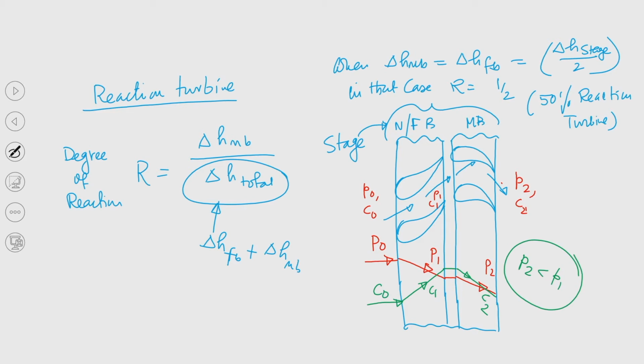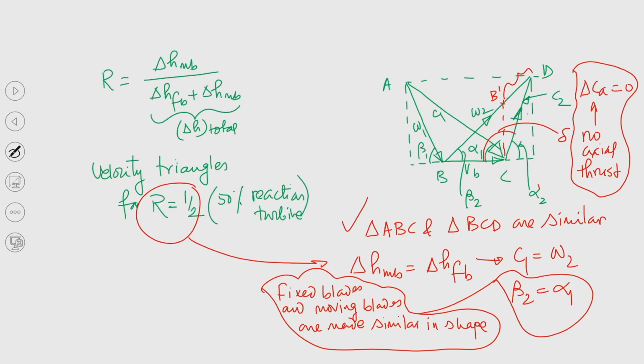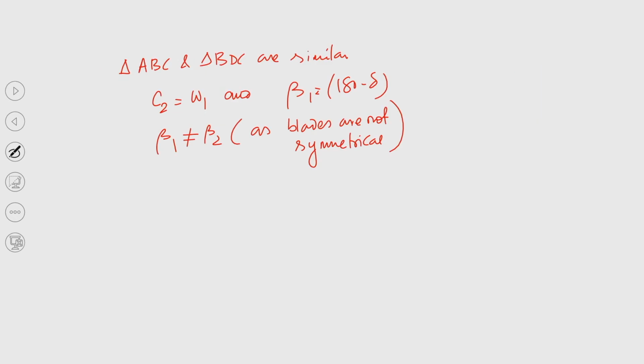So, though theoretically we can say that no axial thrust will be there as delta C A equal to 0, in actual or in real practice, when the steam passes through the row of moving blades, there is a reduction in pressure that we have seen, and because of that we will be having slight thrust. Okay. Now, we need to understand what is work transfer, right.